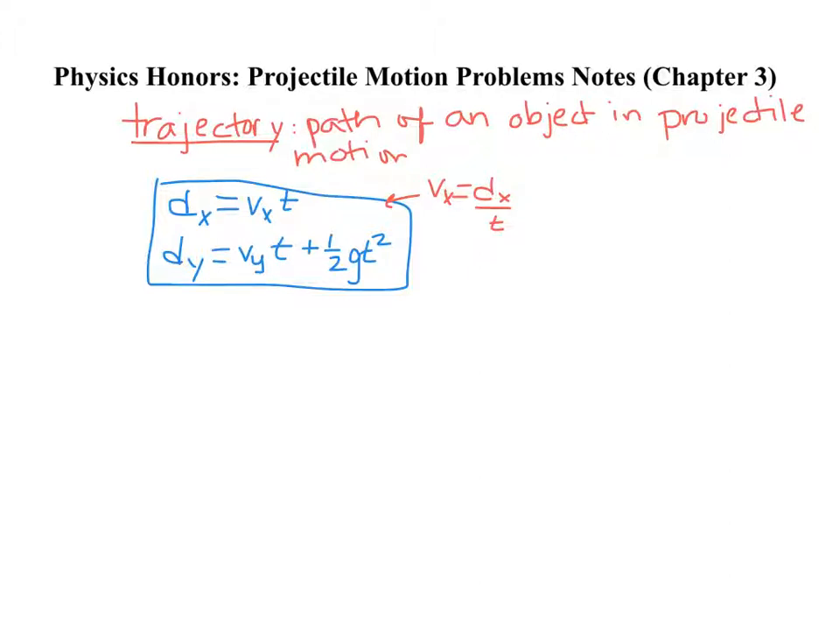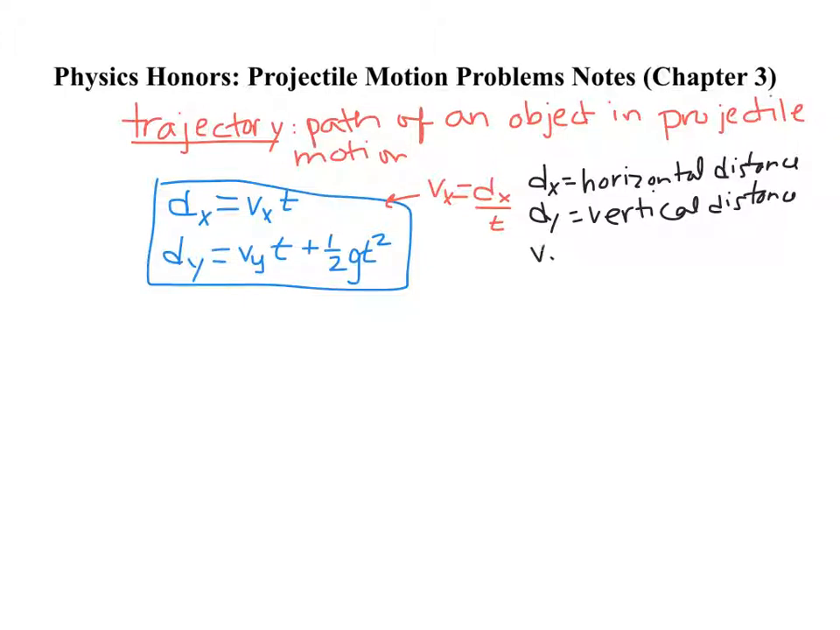Just a few important definitions. So you know that t is time. D sub x is going to be your horizontal distance. And then you might be able to guess that d sub y is your vertical distance. So then the v sub x is your horizontal